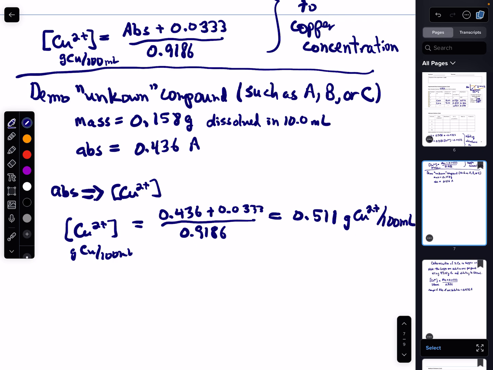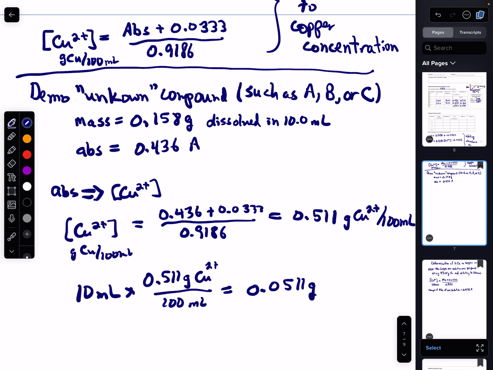Now, in our case, we made up the solution in a volumetric flask that had only 10 milliliters. You can just do this in your head, but we'll do it mathematically. The solution has 0.511 grams of copper per 100 milliliters. We only had 10 milliliters, 1/10. So the amount of copper in our solution was really 1/10 of this. But let's go ahead and do it out longhand. So we had 10 milliliters of solution times 0.511 grams of copper 2 plus per 100 milliliters of solution. And that means we had 0.0511 grams of copper 2 plus